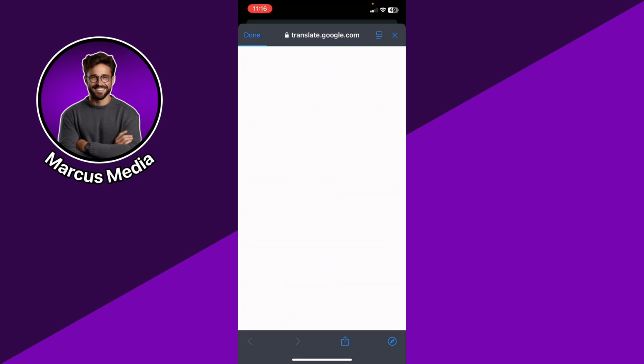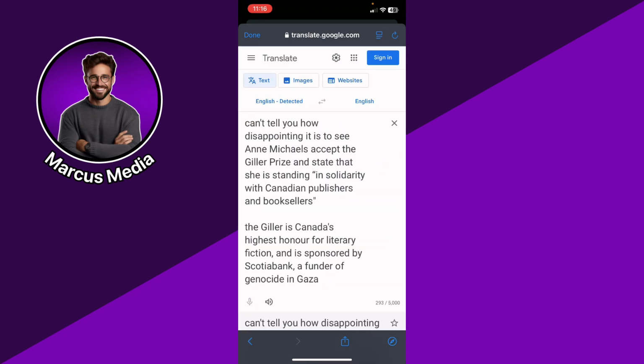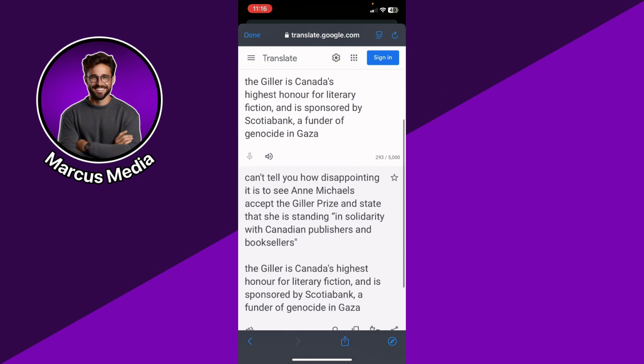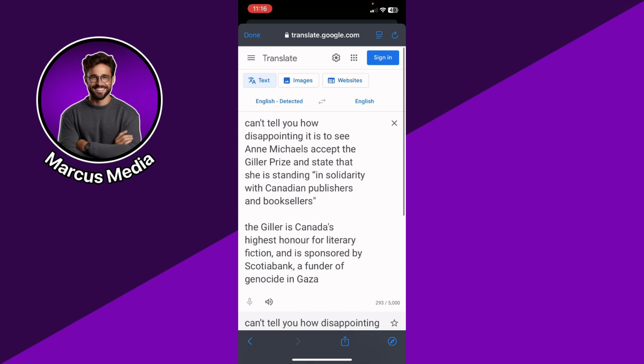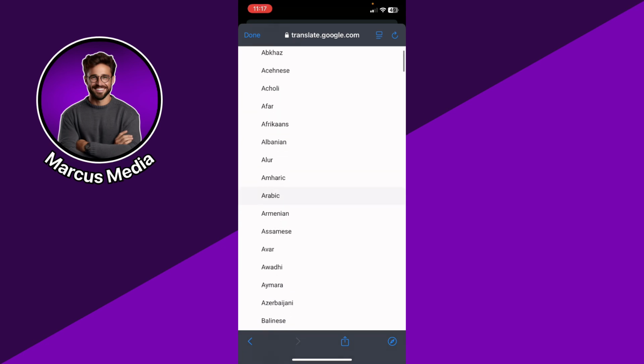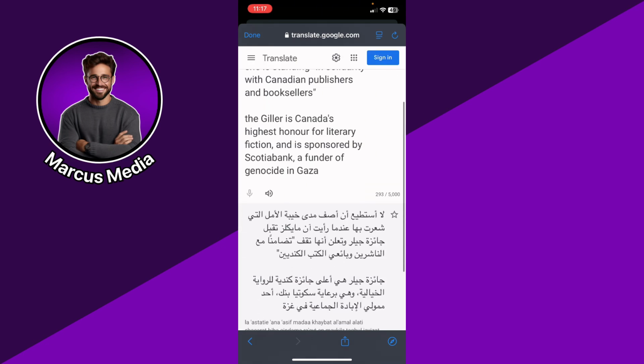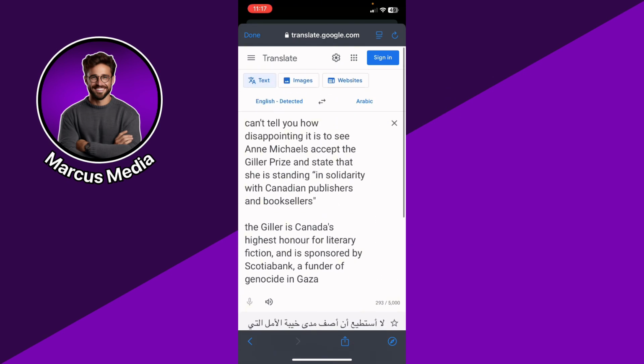And then now you'll be redirected to Google Translation, and automatically they will copy the post and paste it, and you're gonna be able to see the translation in your own native language, whether that was Arabic in my case. And as you can see, I will be able to see the final